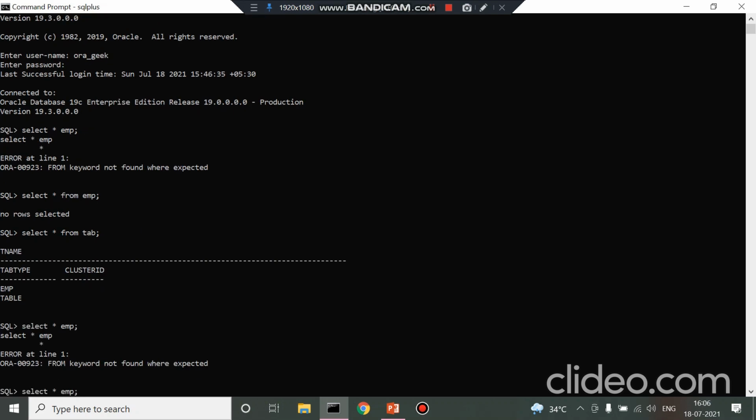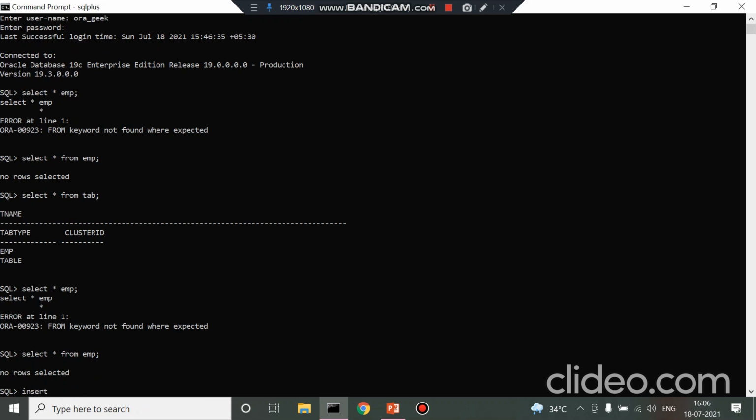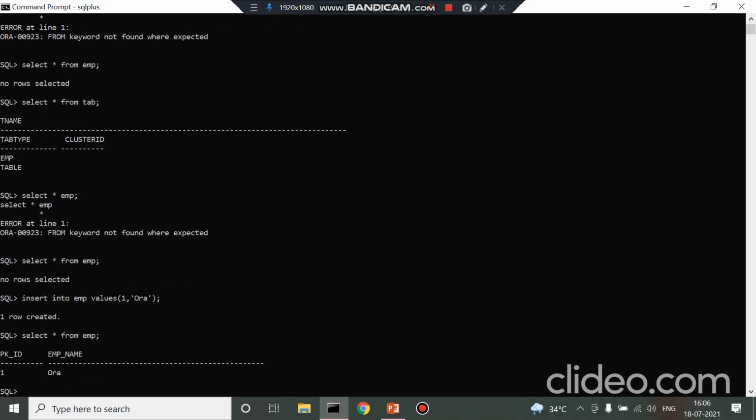So let's insert some data. Insert into employee values 1, 1 and aura. So now if you check, you can see one row is inserted. Let's insert another.